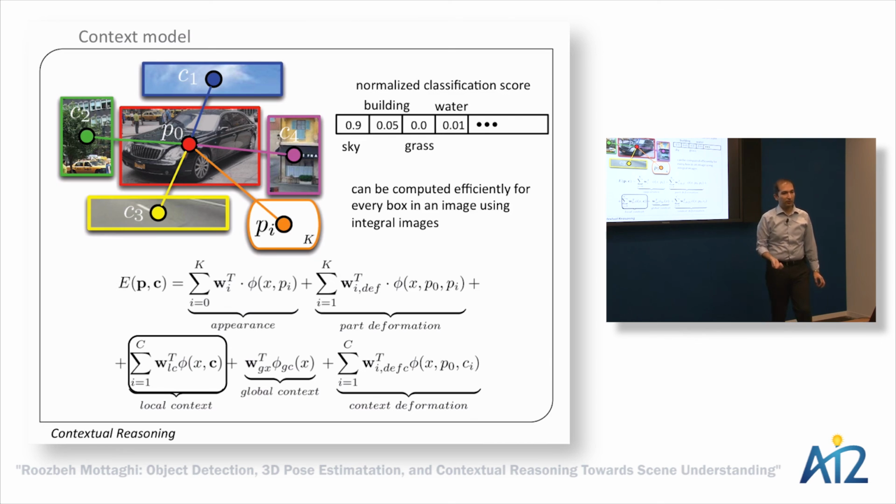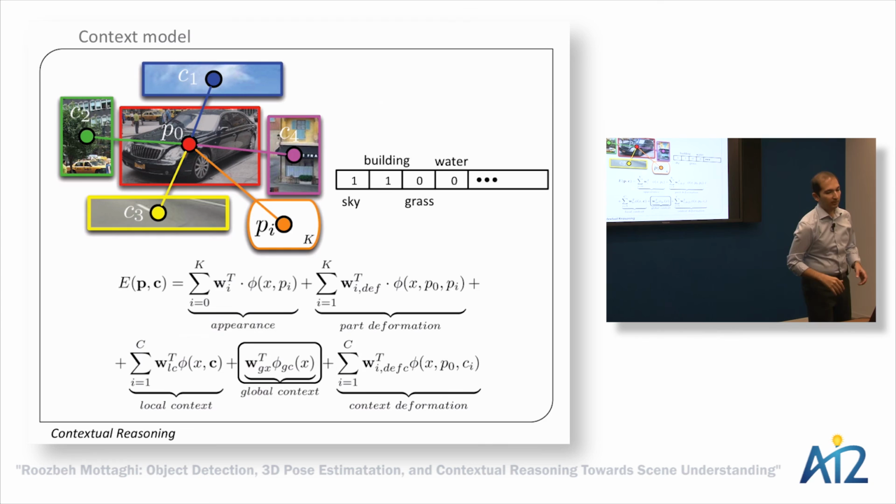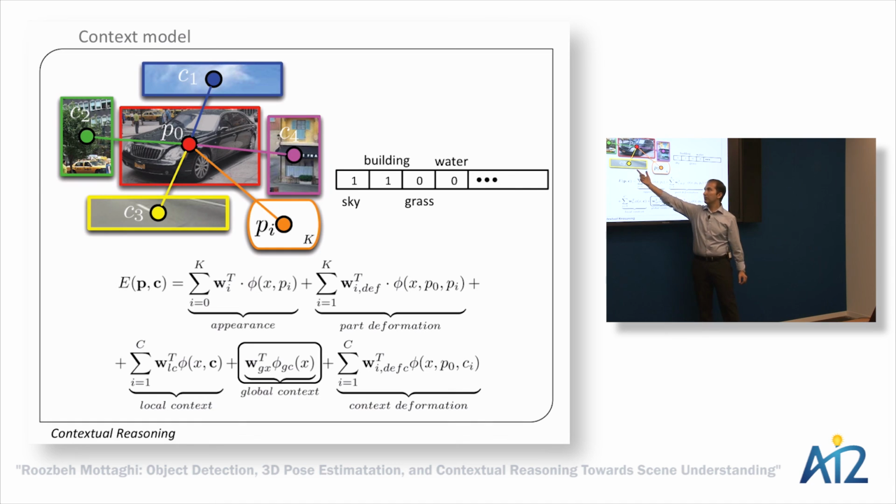And also we have a global context. By global context, I mean whether that particular category exists in the image or not. For example, do I see the sky in this image or not? Do I see grass in this image or not? So that's basically a binary feature, and we use that to capture the scene level context, or the global context. And also we have this context deformation, which captures the displacement of these context parts with respect to the